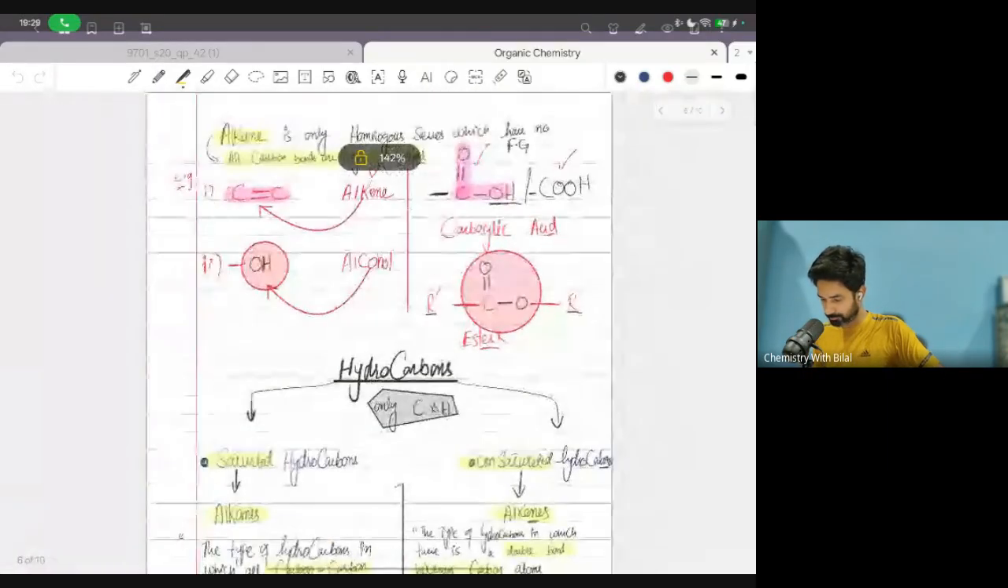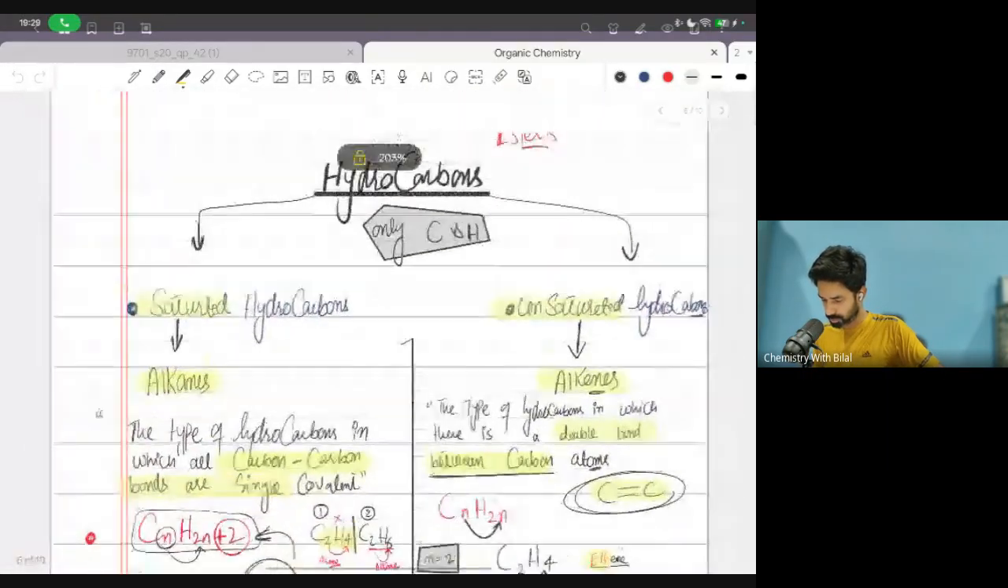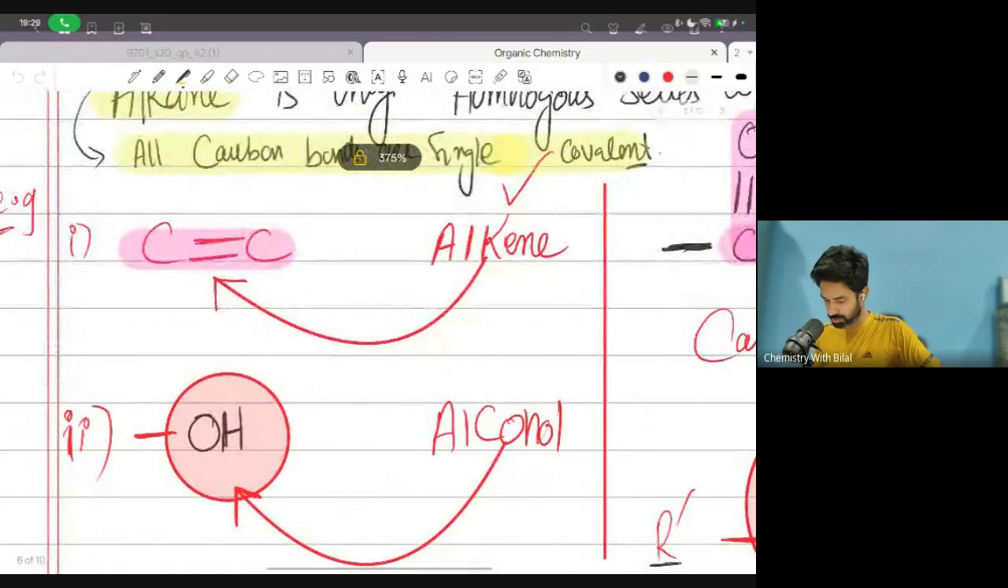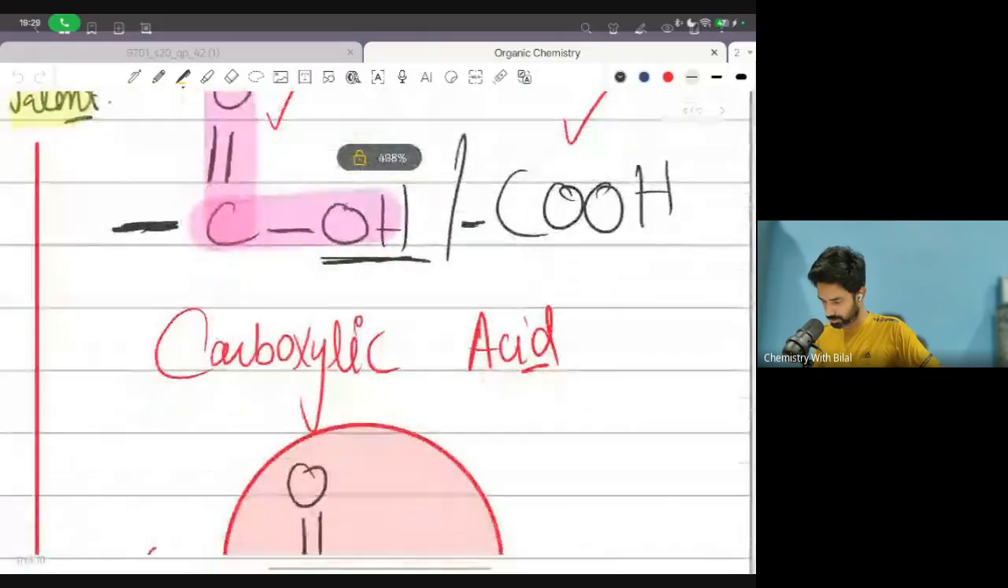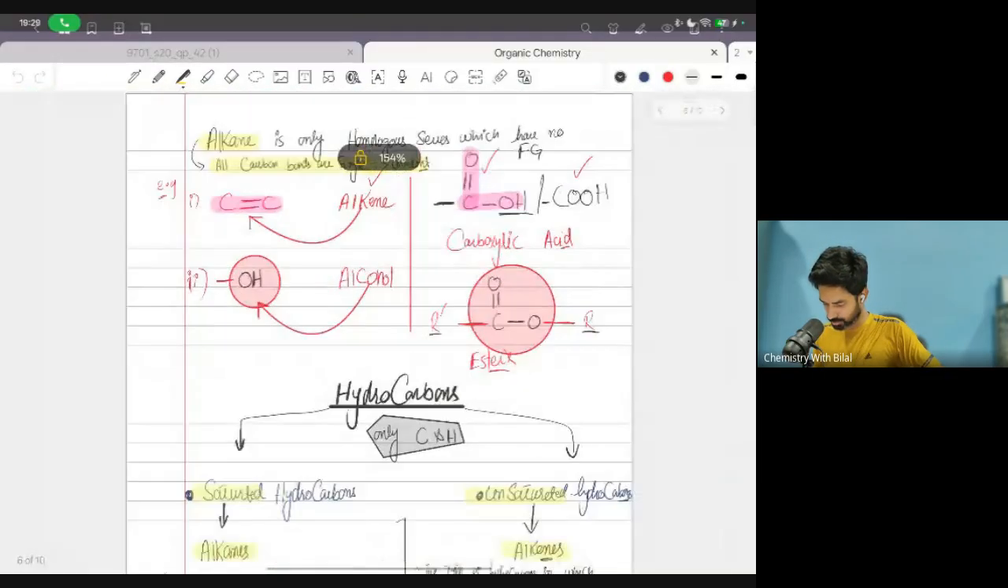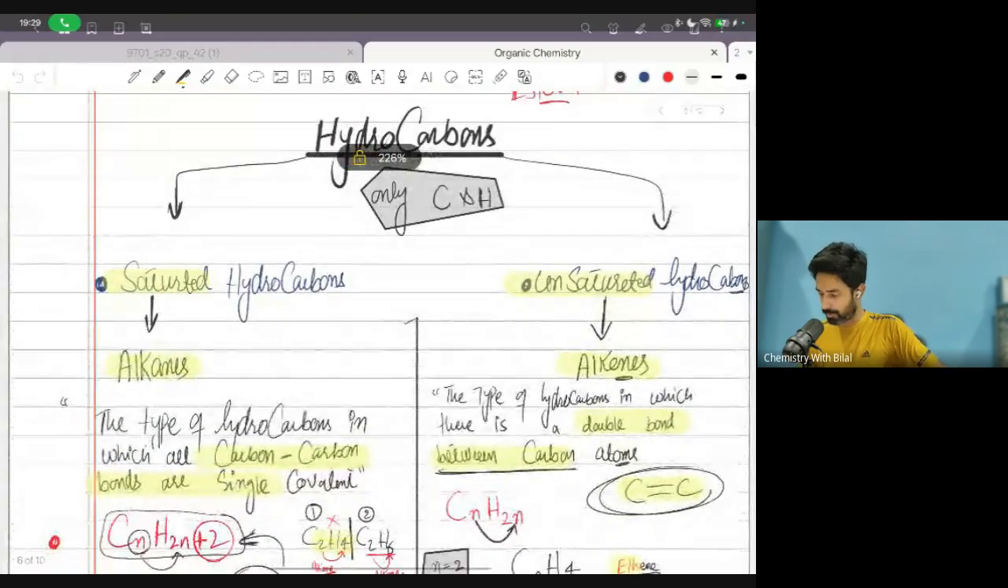So now we have the functional group of each homologous series. Alcohol is OH, carboxylic acid is CO2H, ester is just CO2. Hydrocarbons,